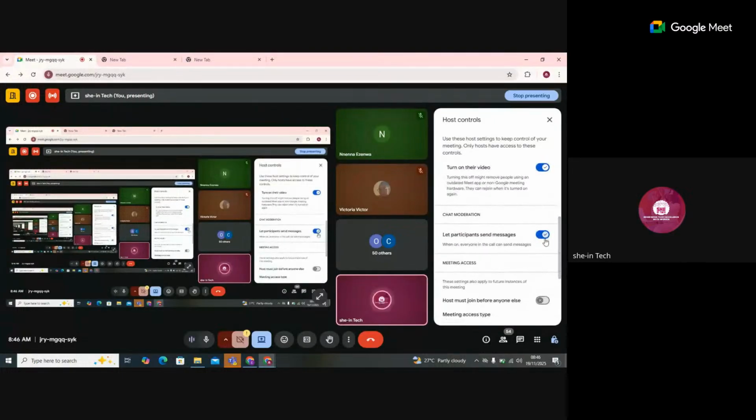Then we also have the option of sending messages. You can turn this off in a case where you don't want people to take advantage of in-call messages and be discussing while the session is going on, or maybe dropping messages that are distracting others while the session is going on. So